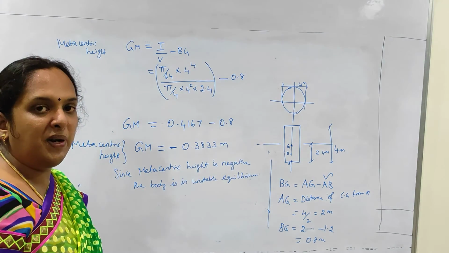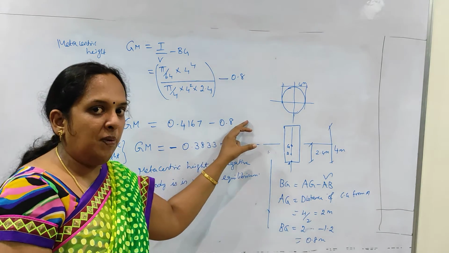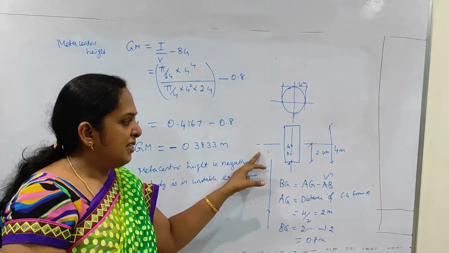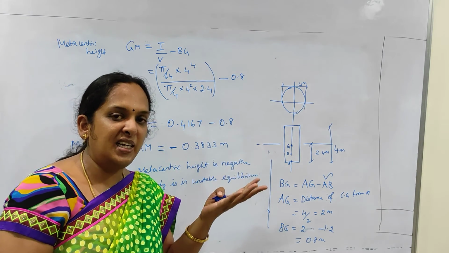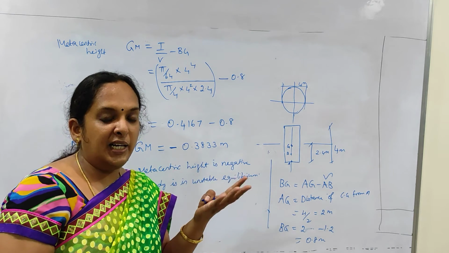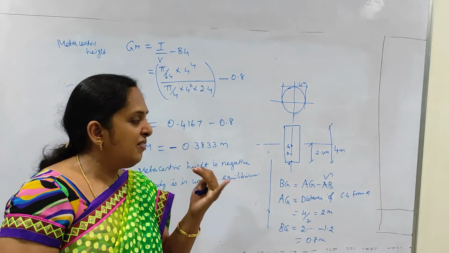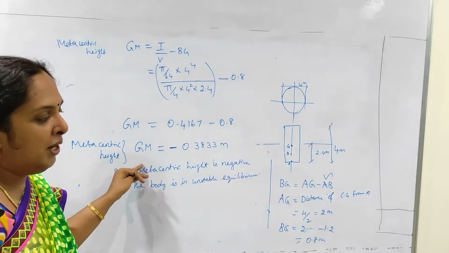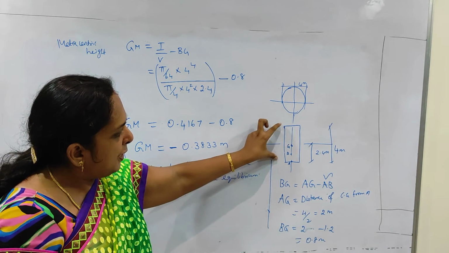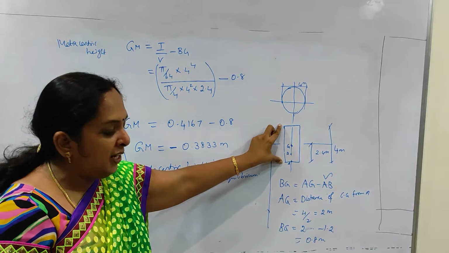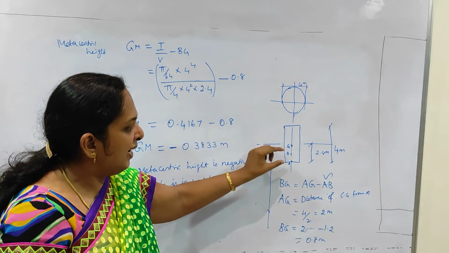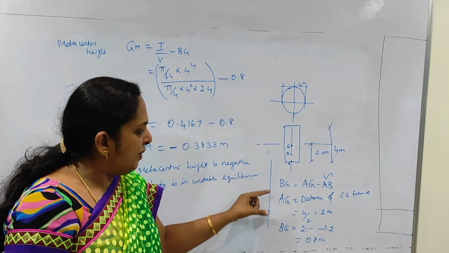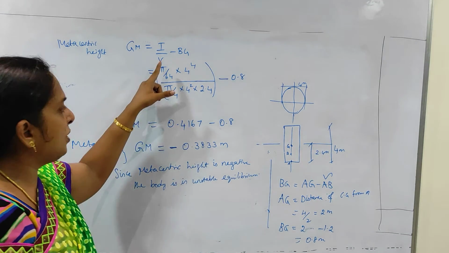So what is the difference between the previous problem and this problem? In the previous problem they gave you a rectangular body. But now here we have a cylindrical body. So that is the first thing. When the cylinder and rectangle come, the area and volume formulas change. And all other things with metacentric height, we are able to find out. But here the center of gravity distance is the total depth divided by half, and the buoyancy is the depth of immersion by 2. So that also we have to get. From there we will be able to find out BG, which is to be substituted in this equation.